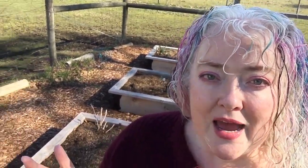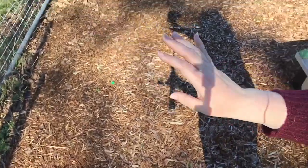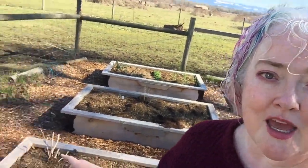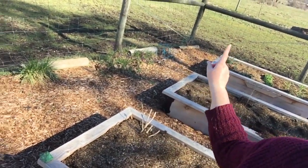So that is what I'm looking at right now in the garden as far as spacing, because I want to move the raised beds around. I have some other work going on at the south end of the garden, and the fence needs some help. So I have this one little patch of area here by the fence and by the north end of the garden. I've decided, I think, that I'm going to run trellises up on each end of these beds